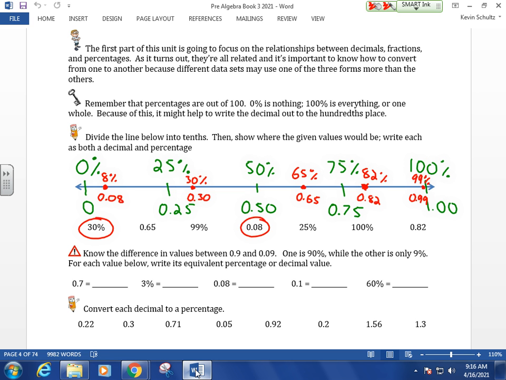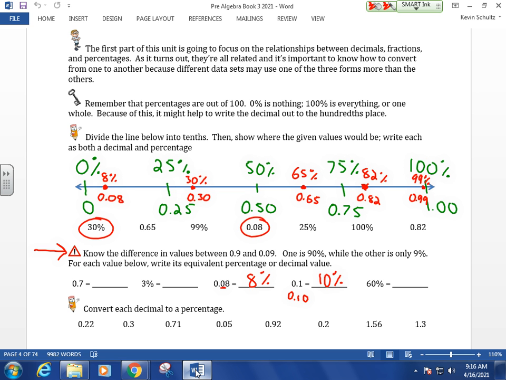Okay. Down below here, a very common mistake that folks make, that maybe some of you made with this 0.08 here, it does make a difference where a zero and a decimal is. In 0.08, that decimal matters. It has to be there because that's what puts the 8 in the hundredths place, which is why this is just 8%. Something like the next one, 0.1, we could put a 0 on the end of that, but it's not necessary because whether that 0 is there or not, the 1 is still in the 10th place. So 0.1 is going to be 10%